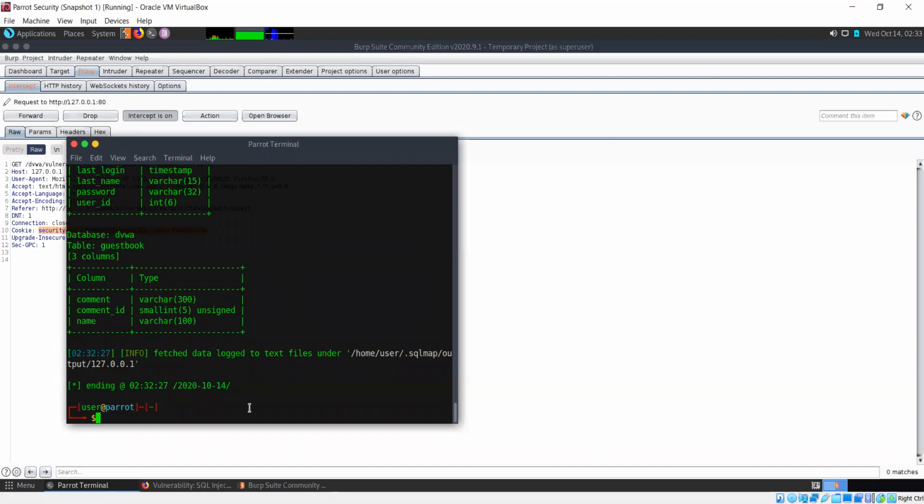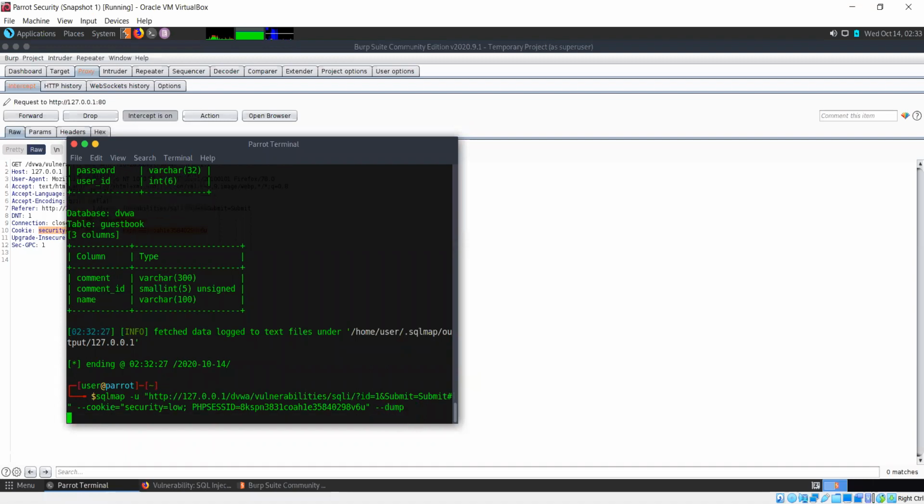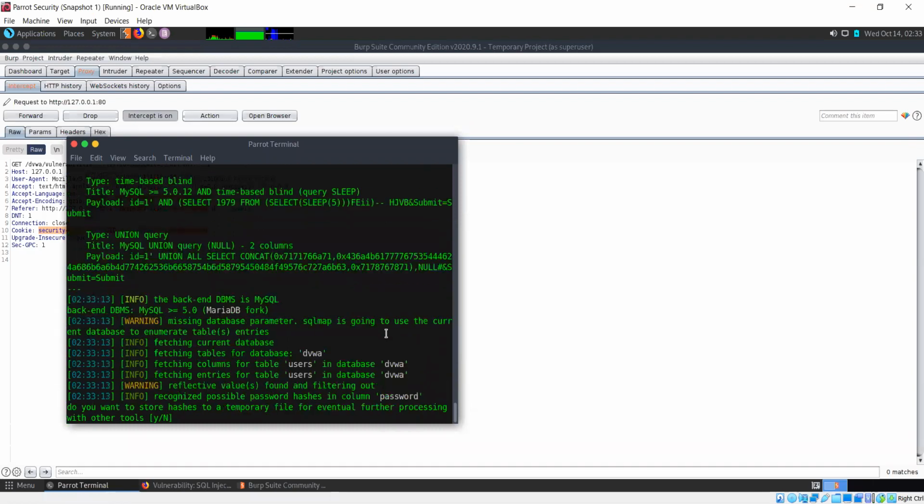And what we can also do now is simply dump. So it's saying that it also found possible password hashes in the password column. Do you want to store hashes to a temporary file for eventual processing?